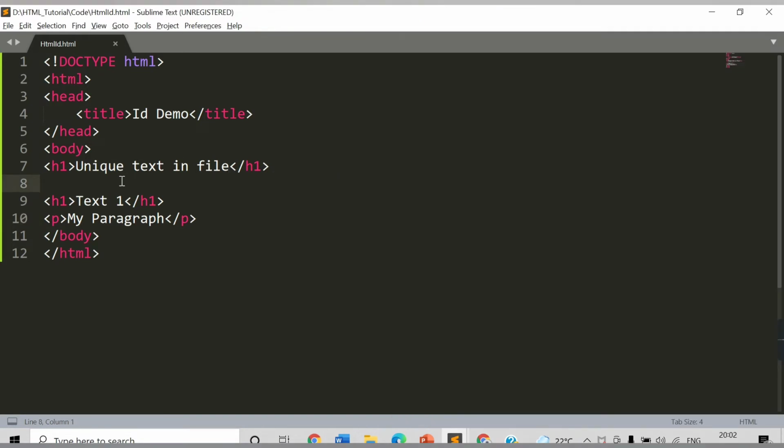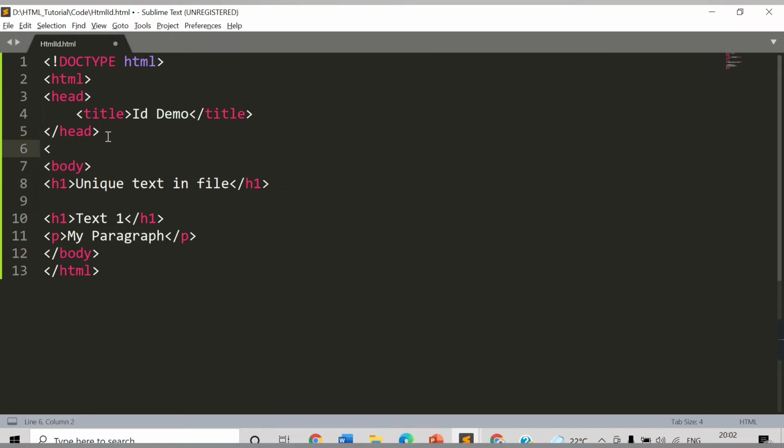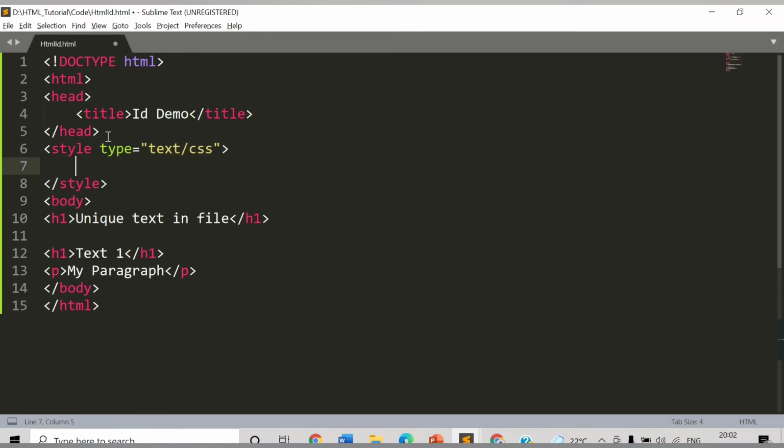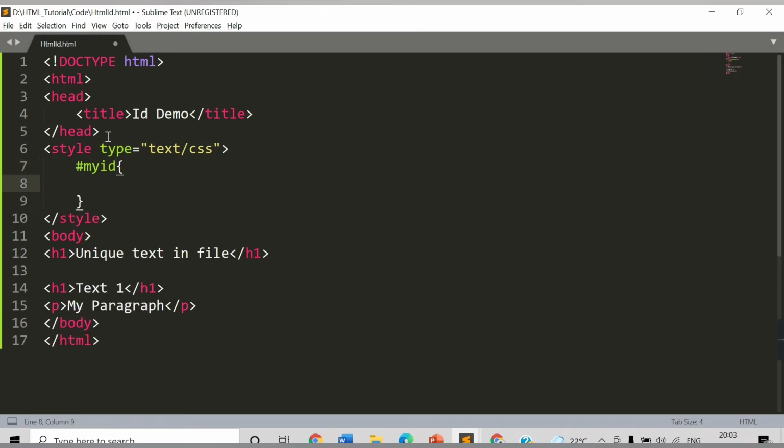So what we will do, we need to make use of ID. The ID is also defined inside the style tag. So here we need to provide a style tag. Inside this style content you need to provide a hash character and then the name of your ID. Let's say the name of the ID is myID, and then you need to open and close the curly braces and provide the attributes here.